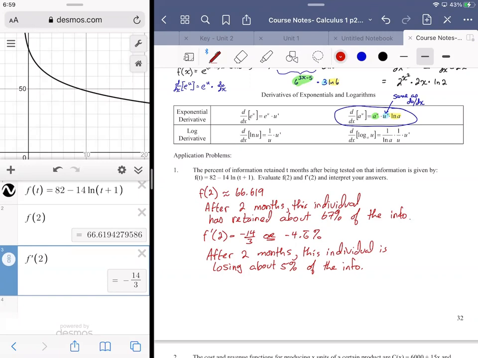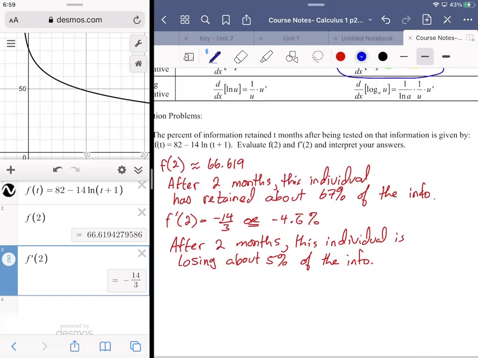All right. Because if you really think about a rate of change, it's changing Y or changing X. The X here is the percent of information. I'm sorry, the f of t is the percent of information. The t itself, which would take on the role of x, is the number of months. So we could say, for a more holistic sort of response, after 2 months,